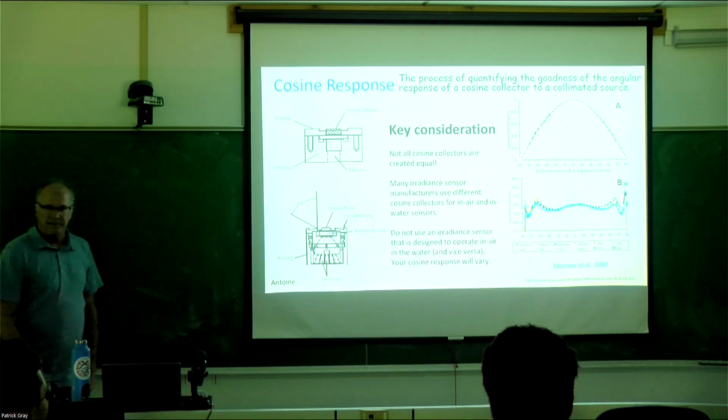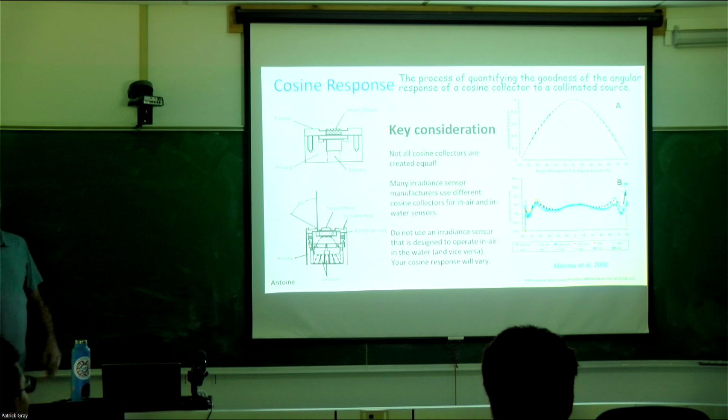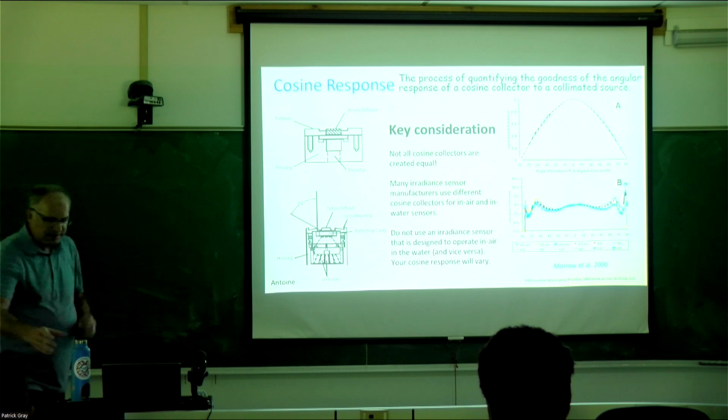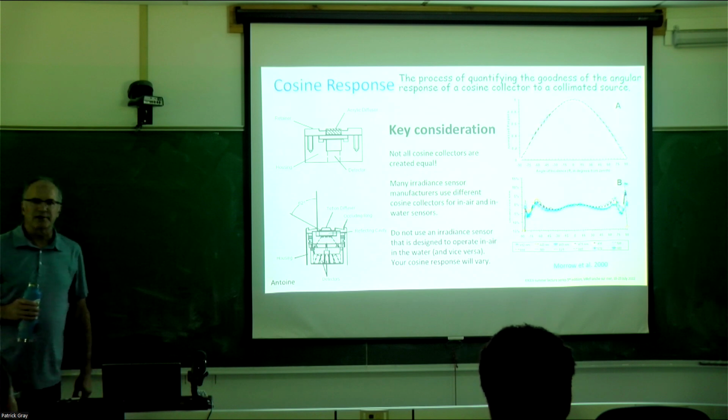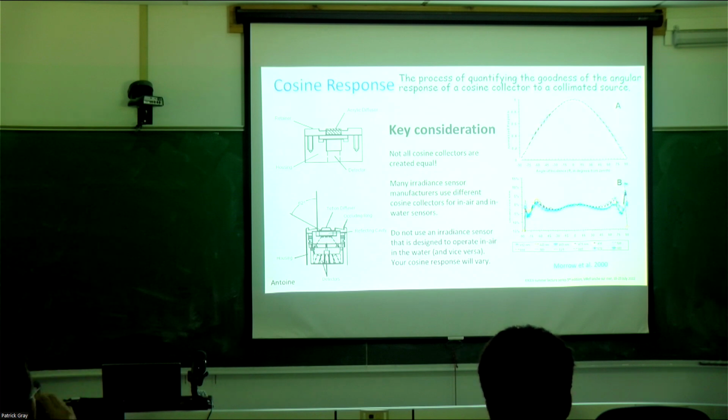Yeah. So does that mean you have to manufacture your diffuser to a certain size? Thickness is part of it. The actual index of refraction is a good part of it as well, and how you do that. The homogeneity of the material is a big part of it as well. Cosine collectors are not always easy to make, especially when you want to put it in the ocean, in terms of finding the right combination